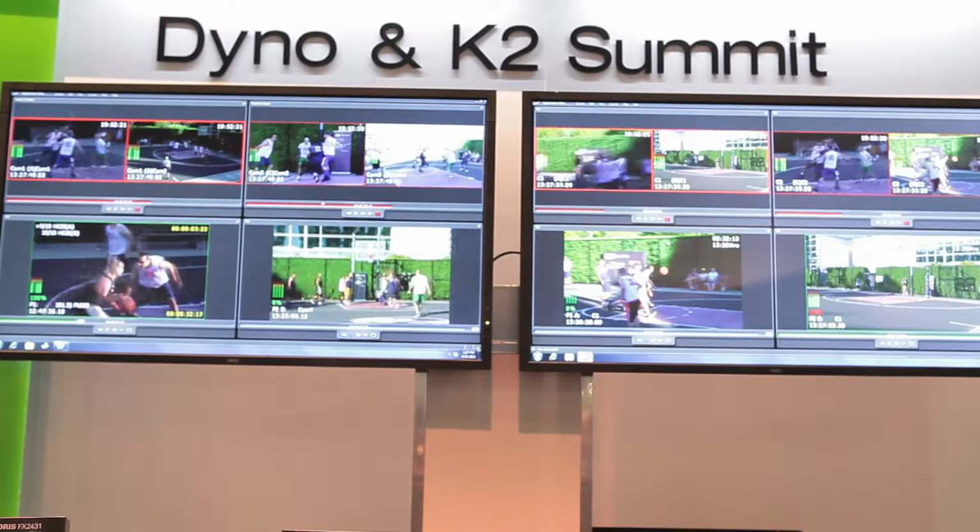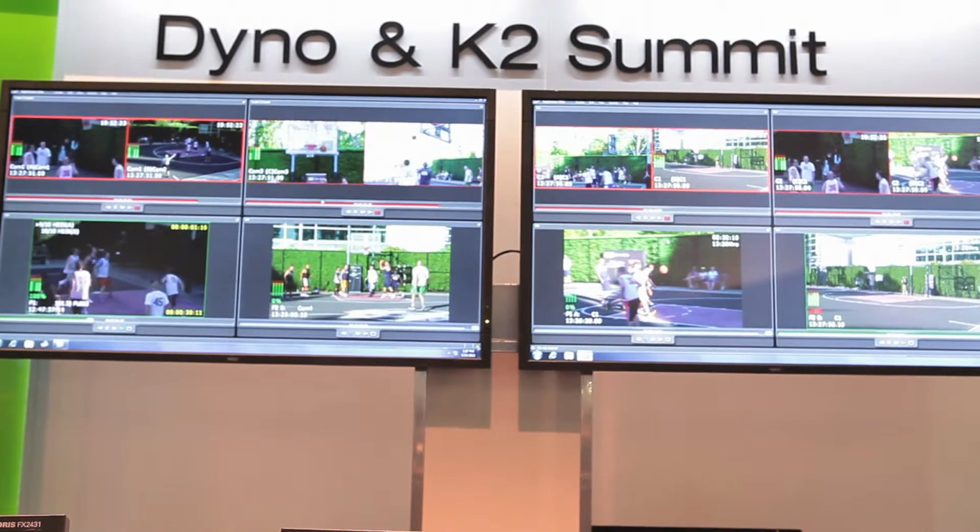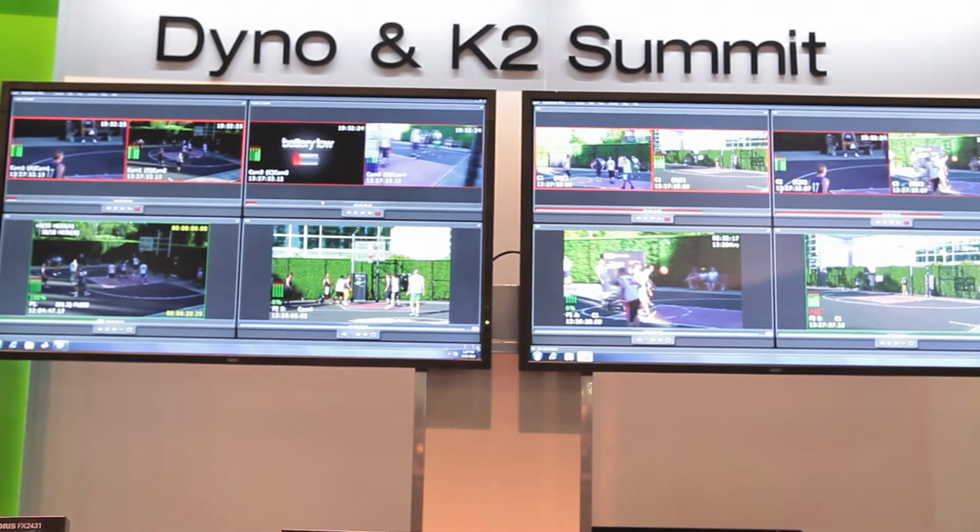So moving along, Stratus, of course, needs an infrastructure for input and output, storage. So K2 is basically the infrastructure that we use for servers and storage. And in addition to that application, we also do replay. So we have K2 Dyno, a touchscreen controller, metadata integration, and the new feature that we're introducing here is something